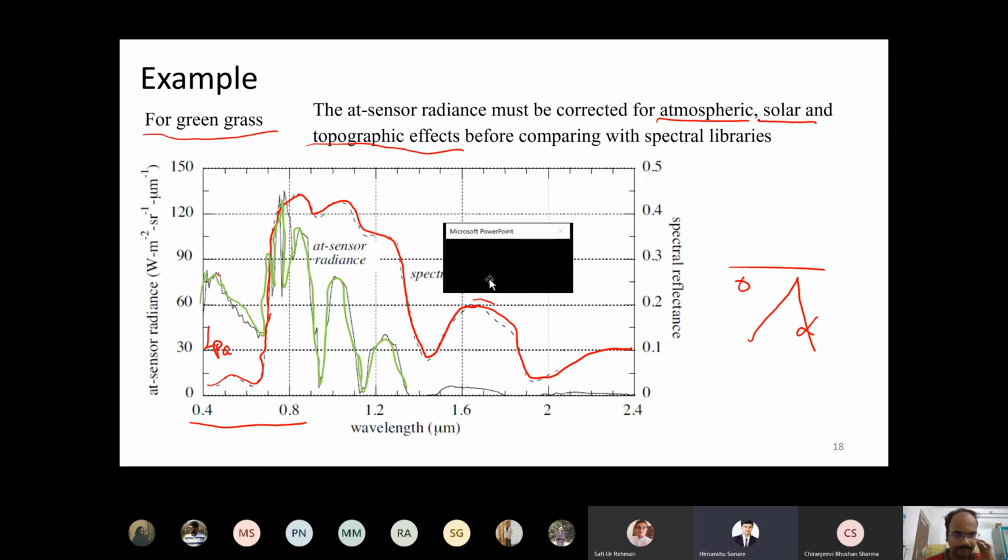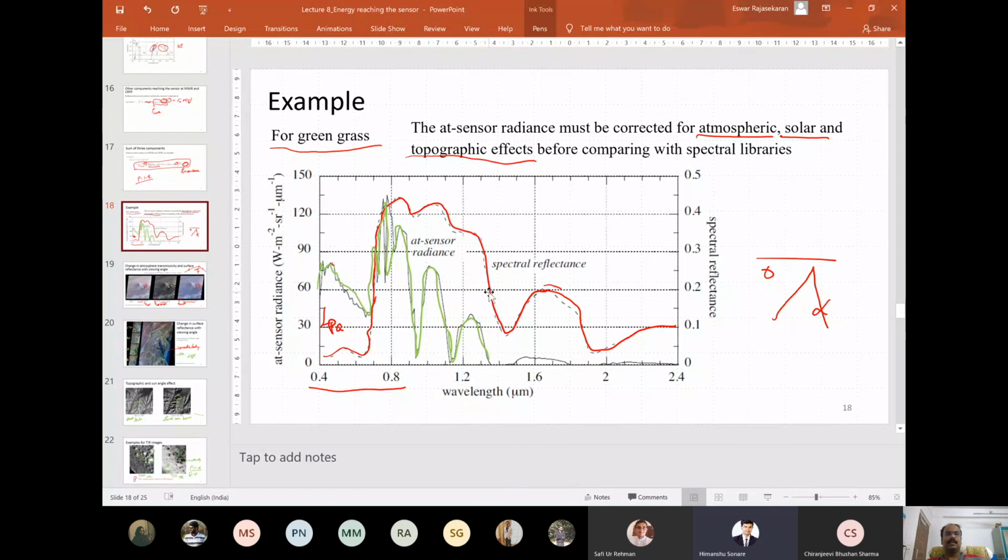Sir, I have a question. Yes, please. Can't we counter the atmospheric effects by using microwaves, because they will be least scattered, as non-selective scattering will not take place in case of microwaves? So can we counter all the atmospheric effects by using microwaves? It is true. Atmosphere is fairly transparent to microwave. That is why microwave is used even during cloudy days. That is true. But the thing is, in microwaves, the object's property that we are going to establish is totally different from what we are seeing in visible or thermal infrared band.